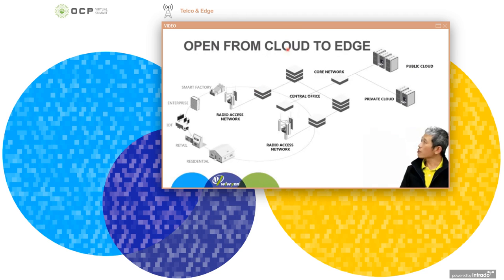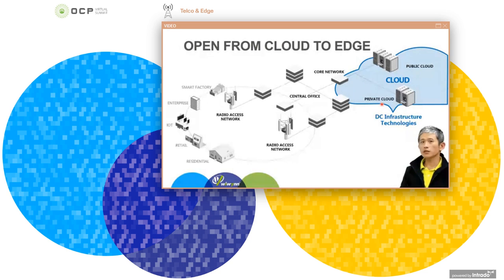Here is Wiwynn's theme for the 2020 OCP Global Summit: Open from Cloud to Edge. As most of you will know, Wiwynn grew with the OCP Foundation at Cloud Offering, which is also the data center infrastructure technologies mentioned here. Since demand at the edge side increases in terms of latency, bandwidth, and hundreds of IoT devices hooking onto the internet, we are moving toward the edge as a parent trend.